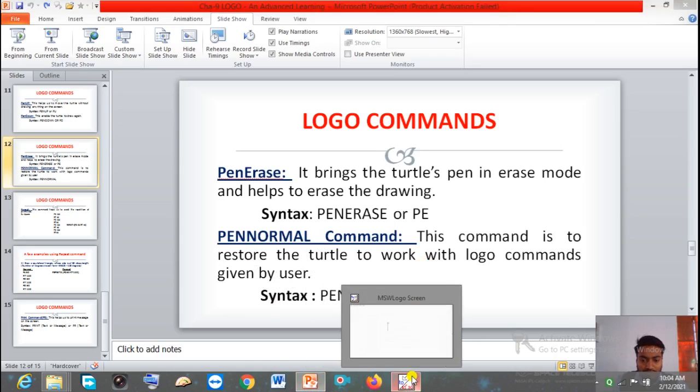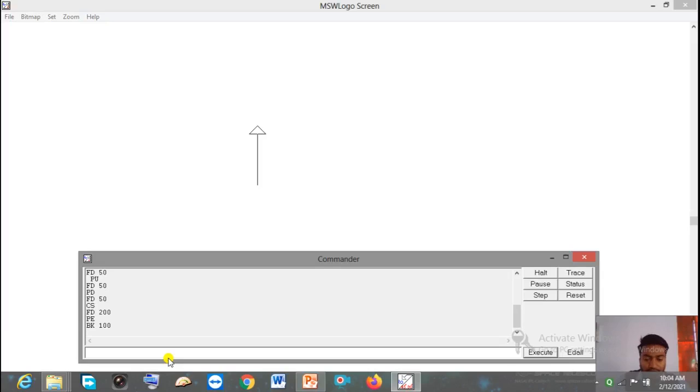So I'm going to write here pen normal. Now give FD 90. Now you can see it's normally moving in the forward direction. If you want to change the direction, I am giving the RT command here, RT 90. Now you can see, then give FD like this.